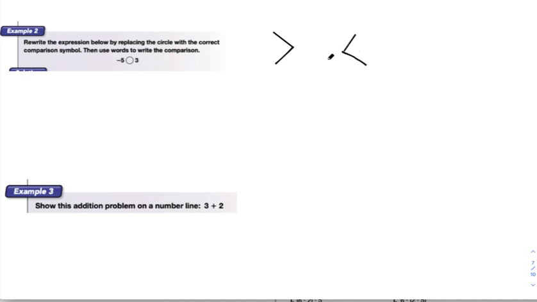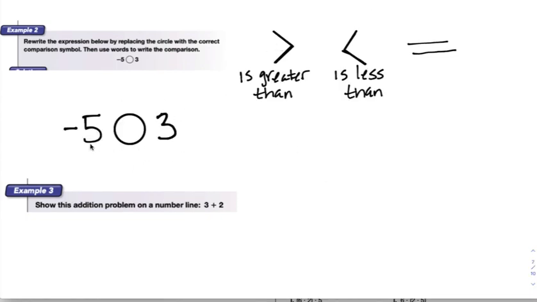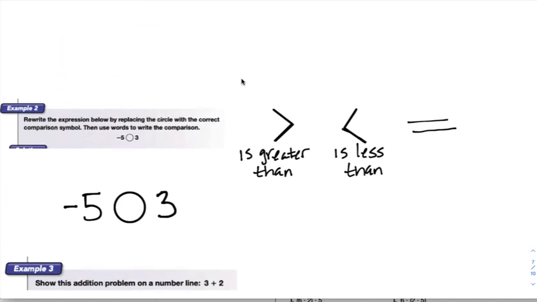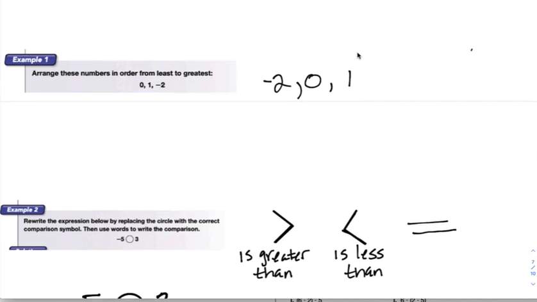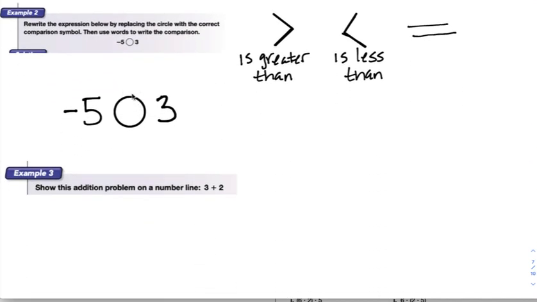It says whatever is on the left is less than whatever's on the right. And of course, we know this symbol, this is equals to. So when looking at this example, we're going to put one of these symbols in this circle. And so if I have -5 and I have 3 on one side, I know that -5 is less than 3 because it falls further back on our number line than 3. So I'm going to put the symbol is less than like this,